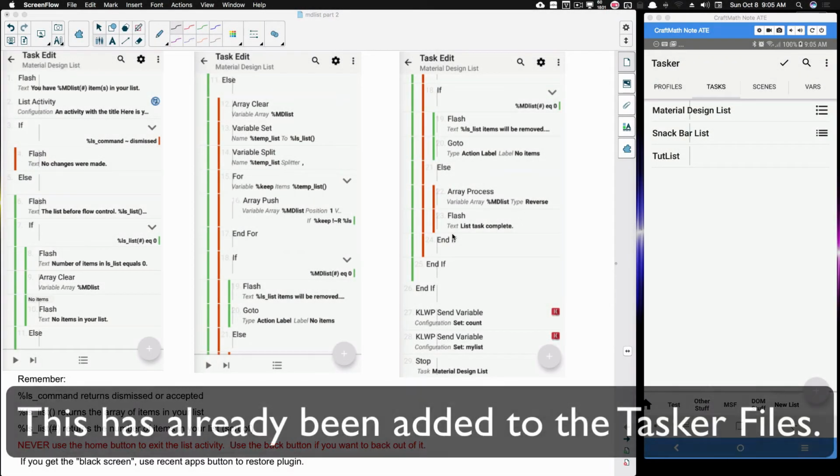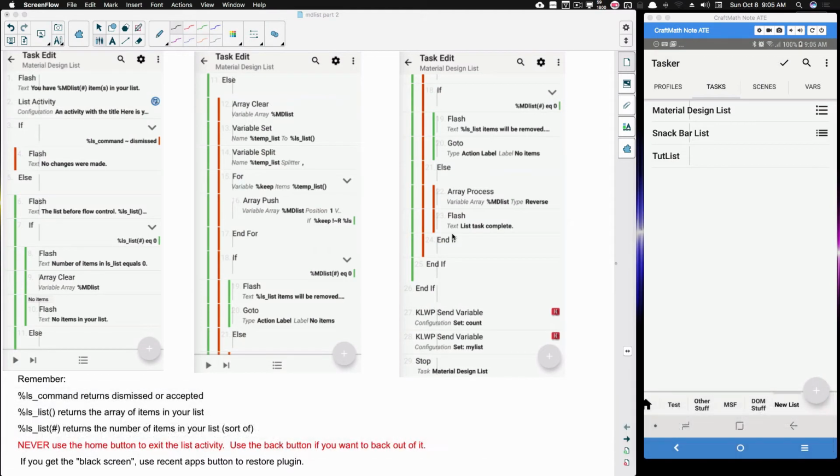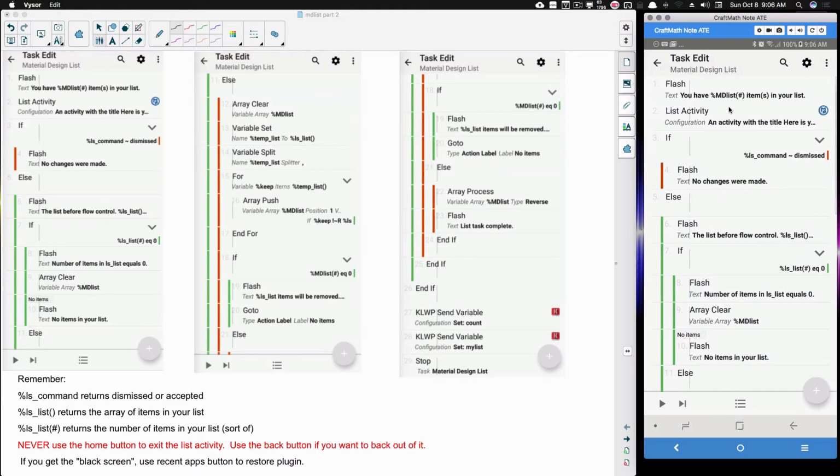All right, in this video, we're going to pick right up from where we left off in part one of the material design list. And I debated on how to go through this. The way I'm going to go through this with you is I'm going to walk you through step by step of this flow control from the original one that I had, instead of going back and recreating this from scratch. I actually attempted to recreate this from scratch and it just ended up turning into like a 45-minute video